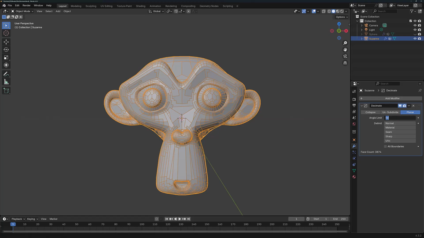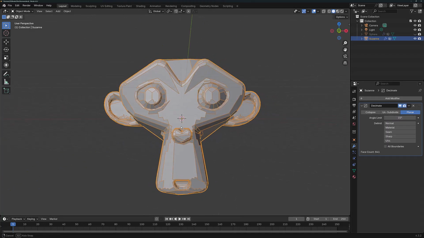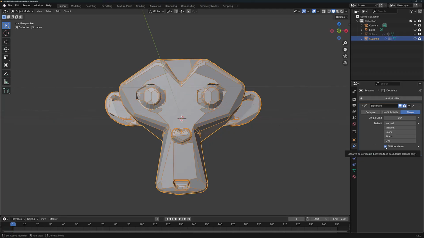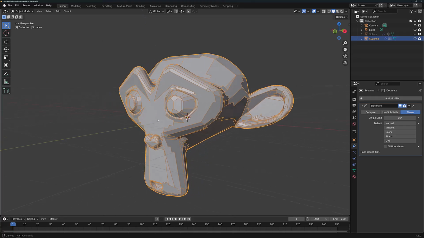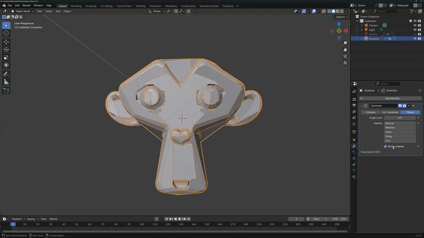So for example, I'm going to set the angle limit to 15 degrees, and that gets rid of a lot of our geometry. Now watch what happens to the face when we click on the all boundaries option. There's quite a significant shift in our geometry. So here you've got a lot of these jagged edges on our models, and to be honest, they're a little bit redundant. So if we turn on all boundaries, we just get a straight edge, where before we had this